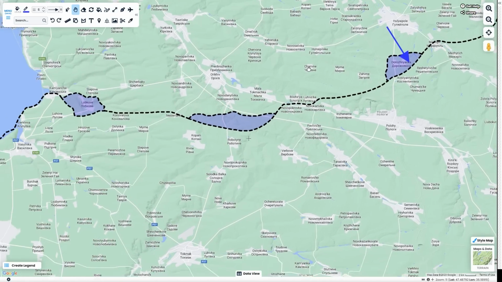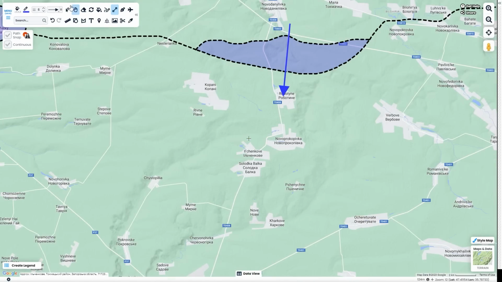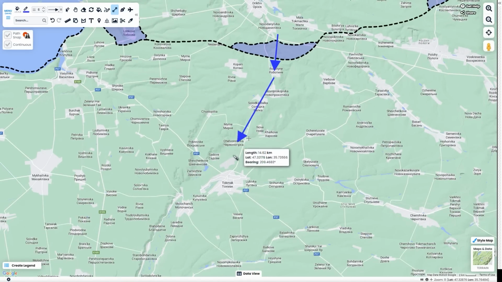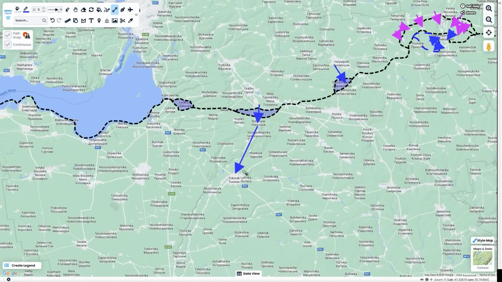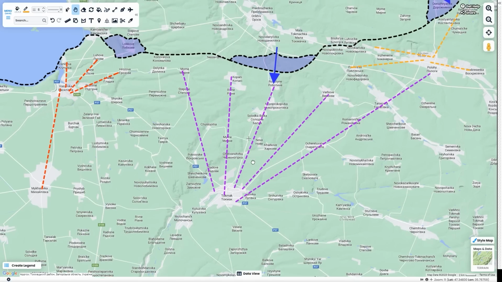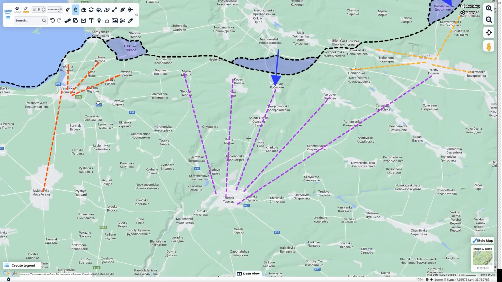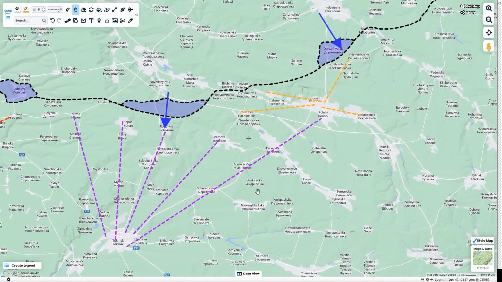This is another area where Ukraine has been pushing a lot. It's north of Robotine and south of Ryhiv. Robotine is important because it's the doorway to Tokmak, which is the main Russian supply area in this whole region. On this map, any settlements with a purple line being drawn to it is supplied by Tokmak. Any ones with a red line are supplied by Mikhailivka and Vasilivka, and orange is Polohi, and Polohi is supplied